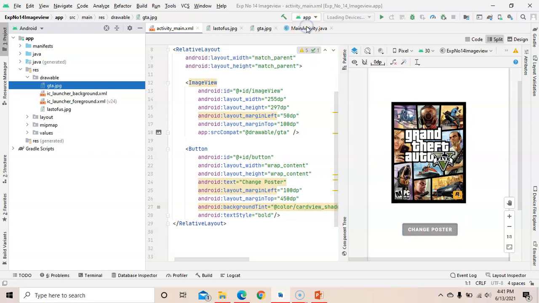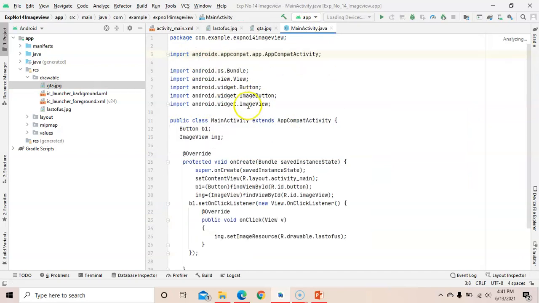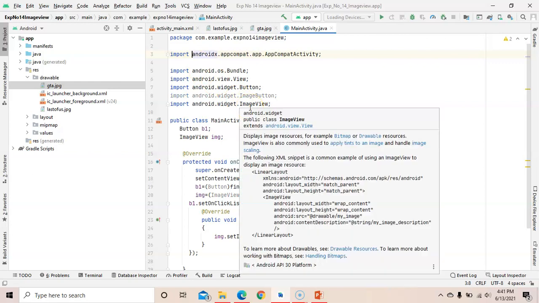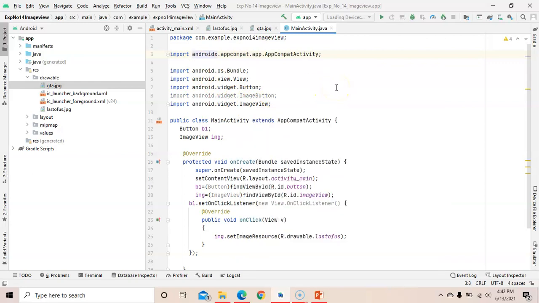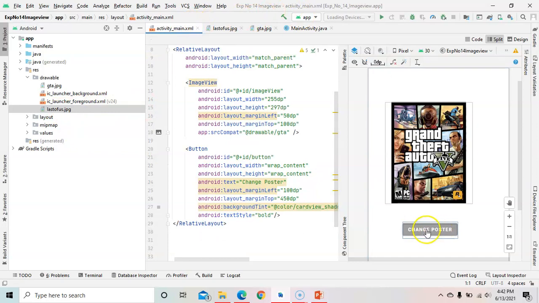So go to MainActivity.java. Now, image should get changed means what? You need to take another image that should get displayed when you click on the button. So for that, take one more image, that is Last of Us, which I have taken. When I click on the button, in the place of GTA, the Last of Us image will be shown.